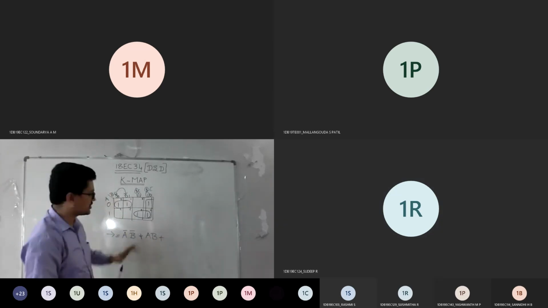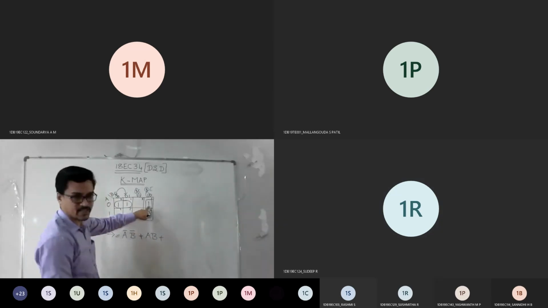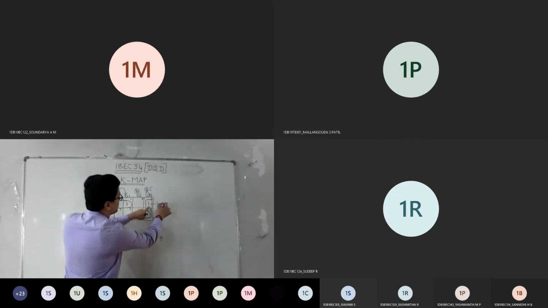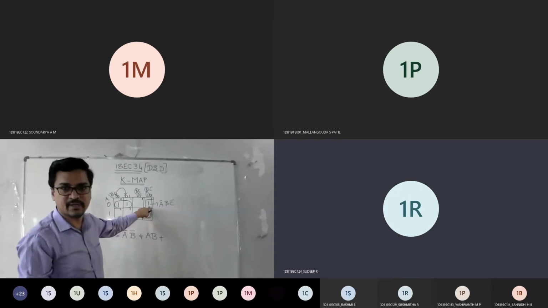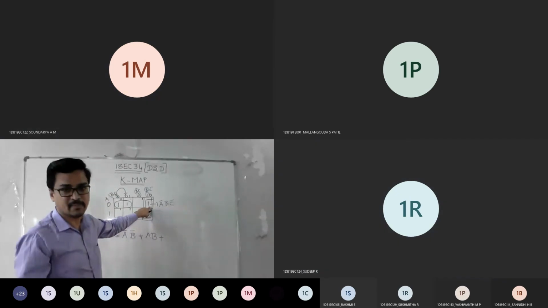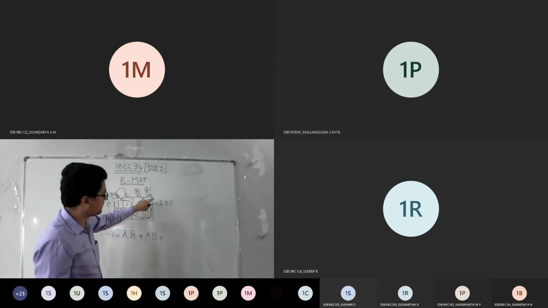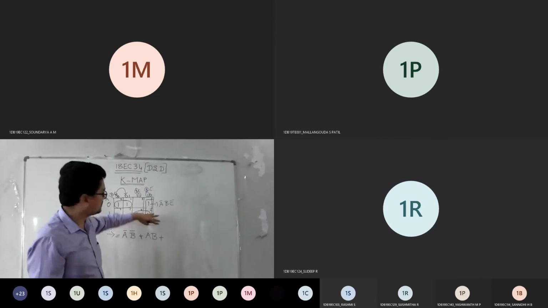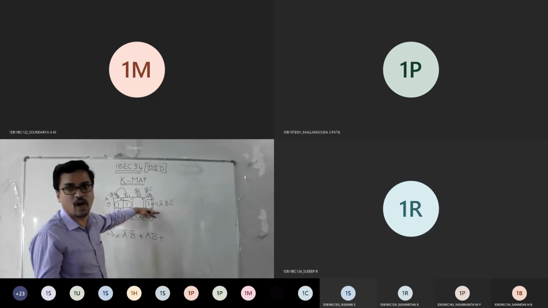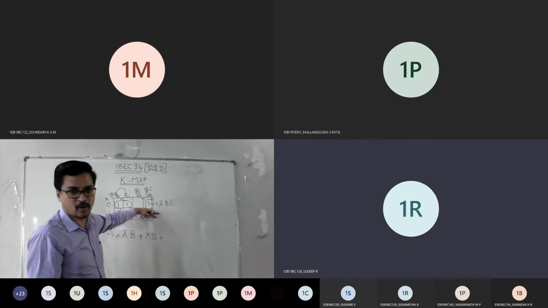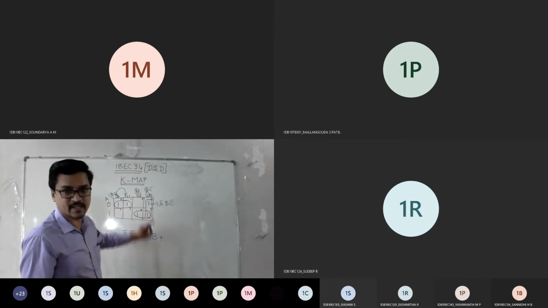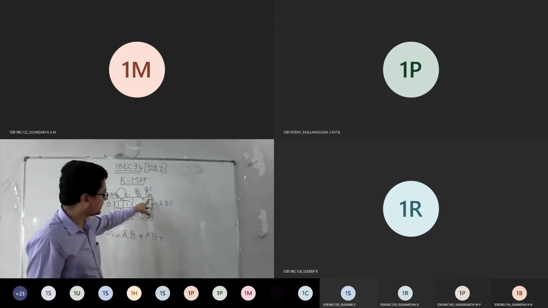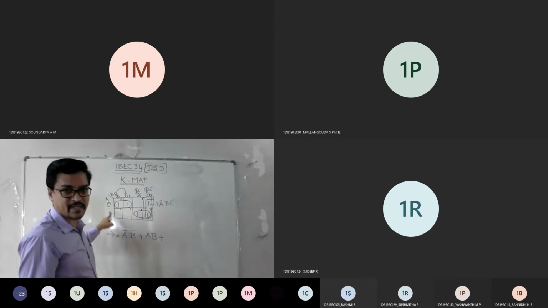Plus, what about this? If I take this individually, the equation will be A bar, B, C bar. So you'll get 3 elements there, which means more number of gates. Instead of that, I do pairing of this also. If this possibility was not there, no option, go with that. But this option is there to pair, right? So after pairing these two vertically, A bar becomes 1. No need to worry about that.